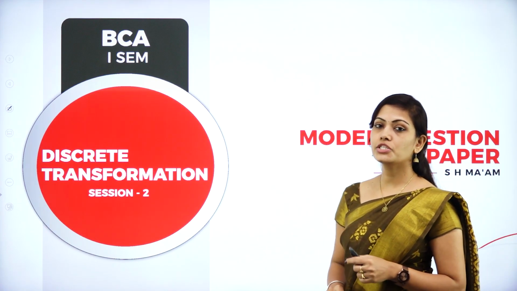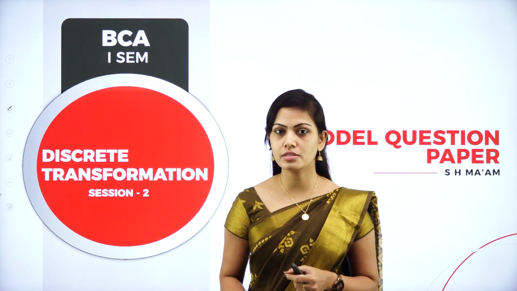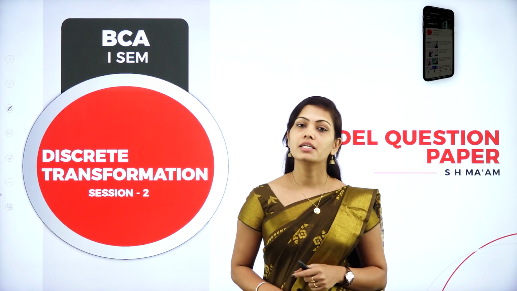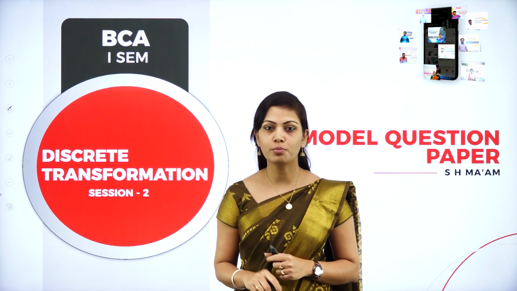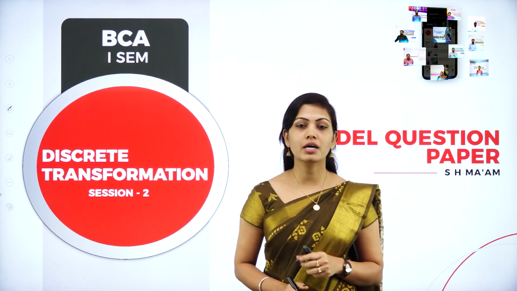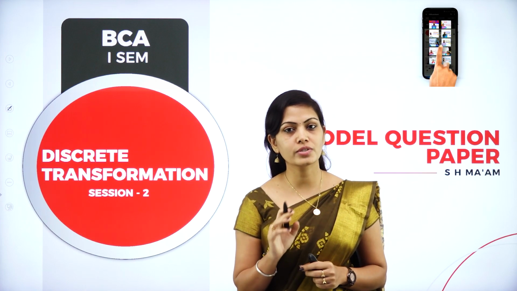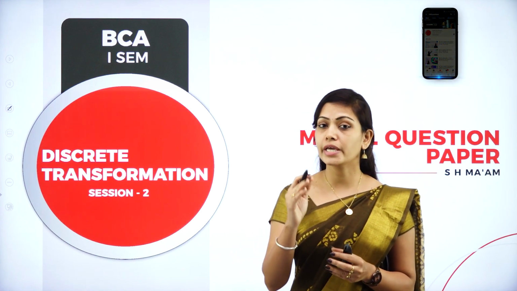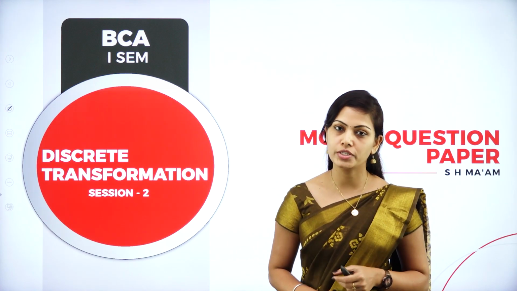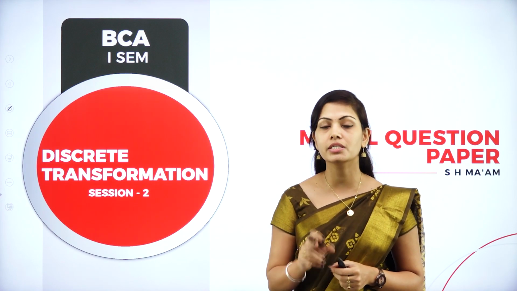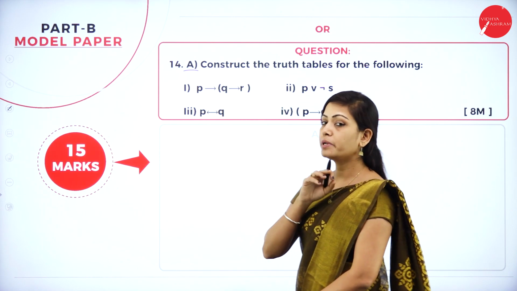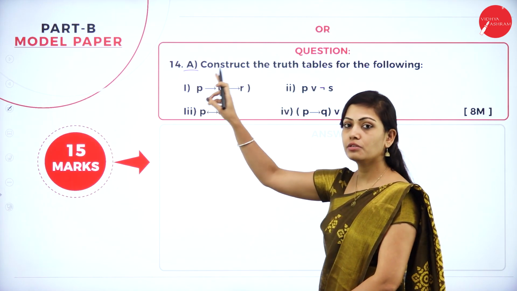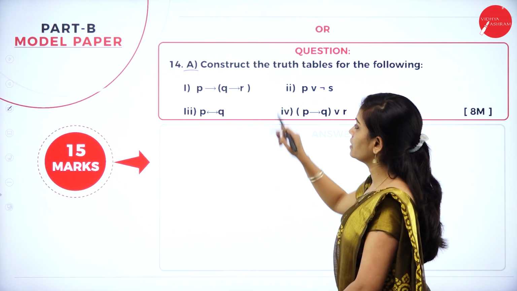So in my previous session, I have discussed the part A questions. So in part A, you'll be getting 12 questions. You have to attend 10 questions. Each question carries 2 marks. So you can score 20 marks in part A and you can score 60 marks in part B. So in every unit, you will get 2 questions. So you have to attend 1 question in every unit. So 14th A. So in my previous session, I have discussed 14th first question A, B, C, and now I'll